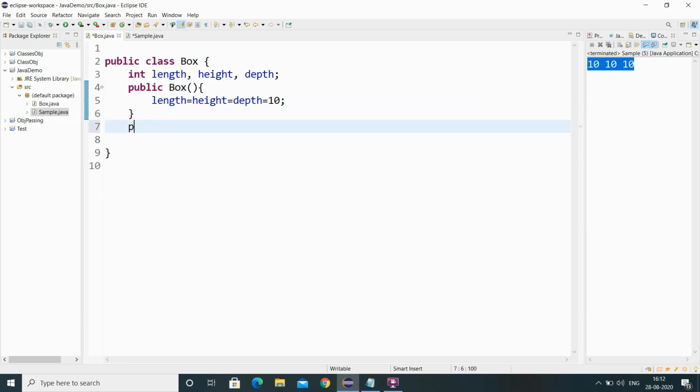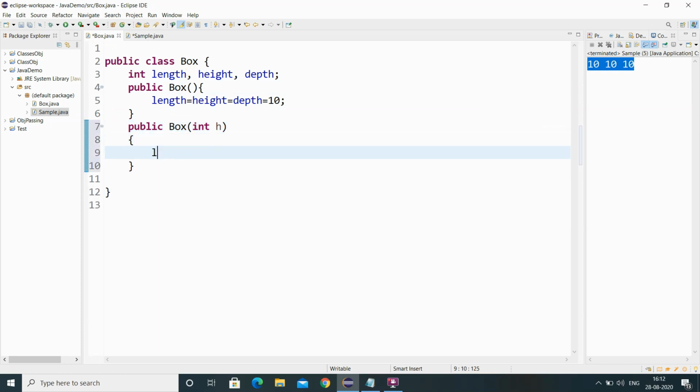So now we are going to create a constructor with one argument, and by using it I am going to initialize all the data members of my class. So depth is equal to h. Now we have overloaded the constructor with an argument, or we created an argumented constructor, a parameterized constructor.